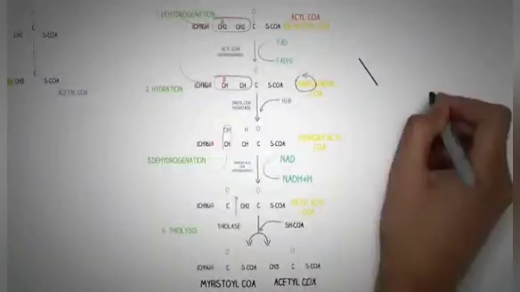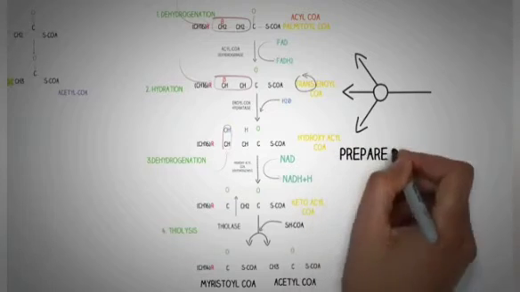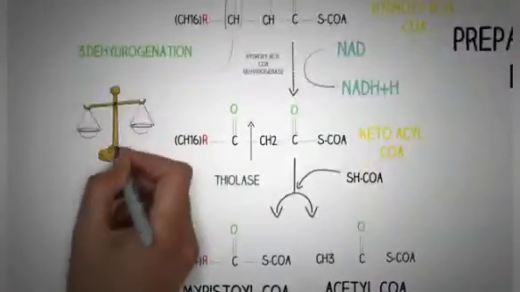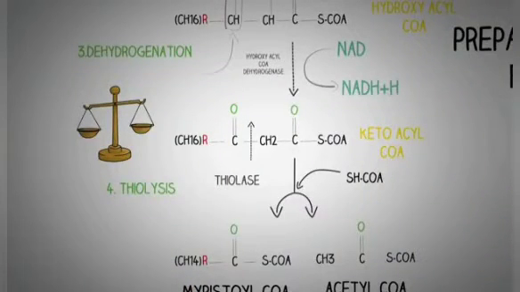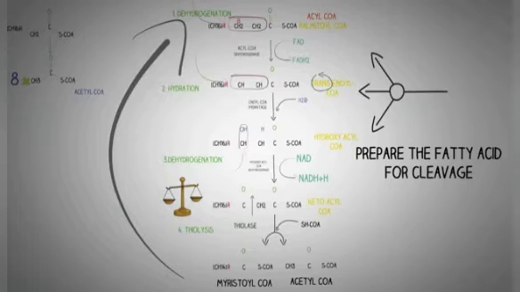The first three reactions involved in the series of beta oxidation just prepare the fatty acyl-CoA into a more balanced and symmetric molecule which can be broken down into two molecules. The myristoyl-CoA produced again enters the series of beta oxidation, and it is completely utilized to form 8 molecules of acetyl-CoA through similar reactions.